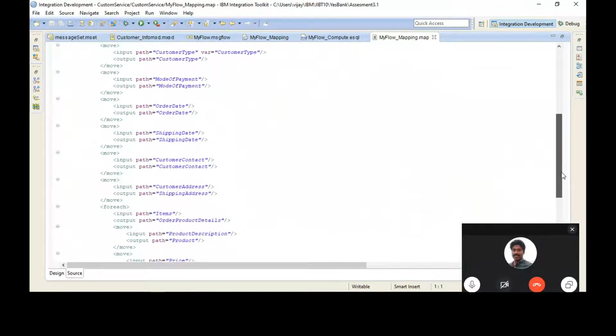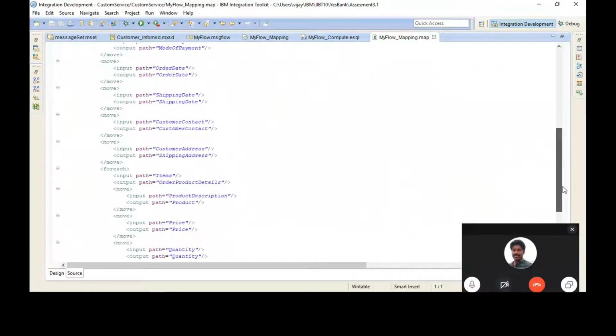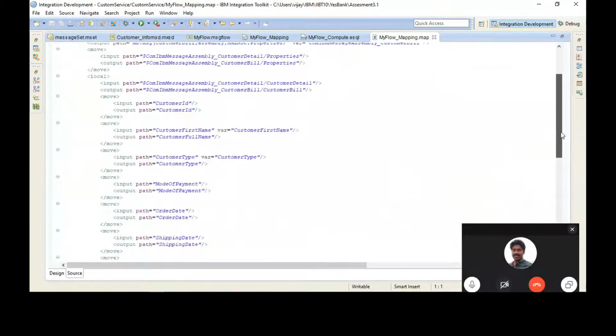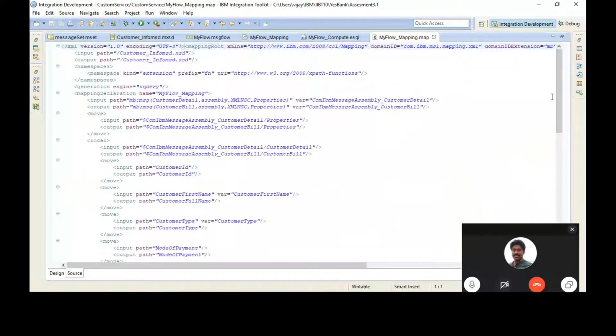Let's go to the top. We have to check whether there is an issue with the first few lines. Input is customer detail, assembly, XML NSE, and properties.